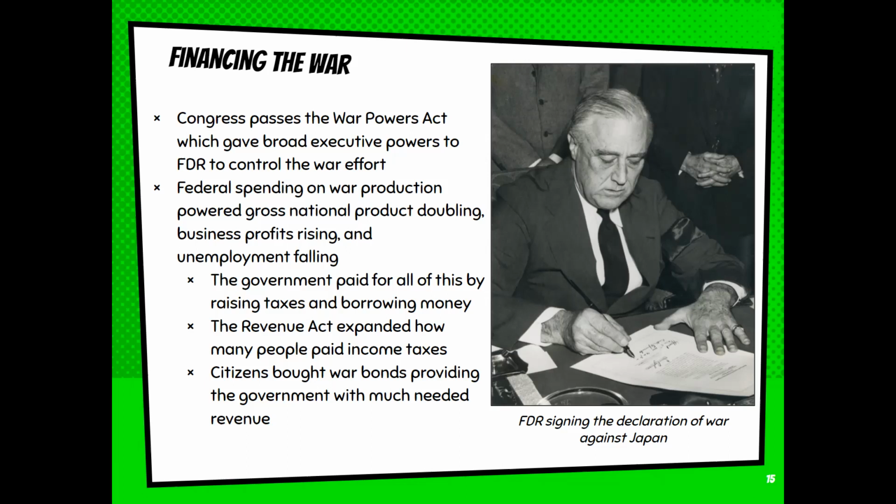The government borrows a ton of money, more money than has ever been borrowed before. More people pay taxes. Taxes raise, and even that is not enough. In fact, the government is going to have to borrow money from the people through the method of war bonds. So a person can buy a war bond for, let's say, $100, and after 10 years or so, they can exchange it with the government and get, I don't know, $1,000 back. So it's a bond. You make money by taking the bond, and the government takes your $100 and uses it for the war effort.